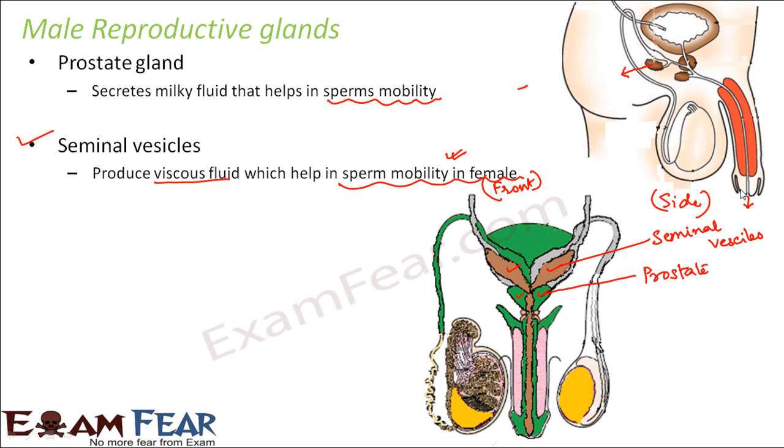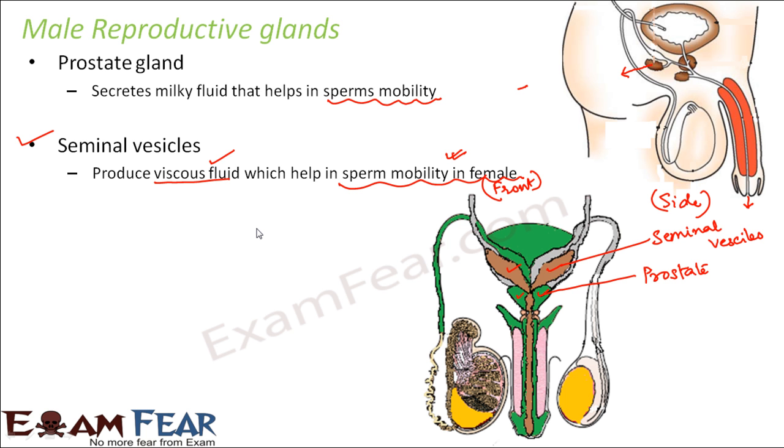So this viscous fluid will help in movement of the sperms inside the female body. Now this is one function of this viscous fluid. This fluid also stimulates the uterine contraction to help the sperm move forward into the fallopian tube of female. Right now you might not understand this because we have not spoken about the female reproductive structure. So when we talk about that, then I'll tell you how exactly it helps in moving the sperm inside the female body, because it will actually control the movement of the tube through which the sperms need to move